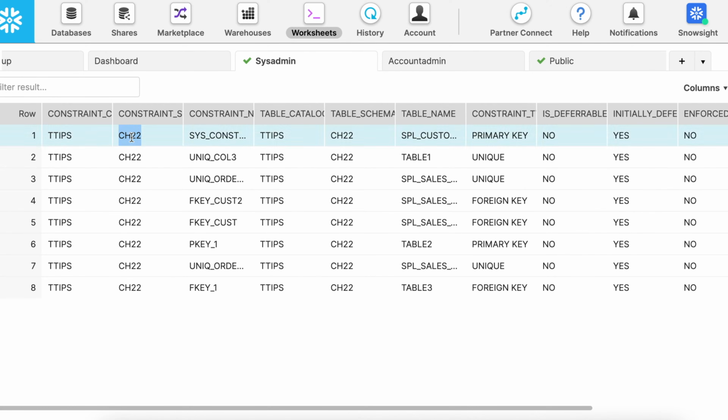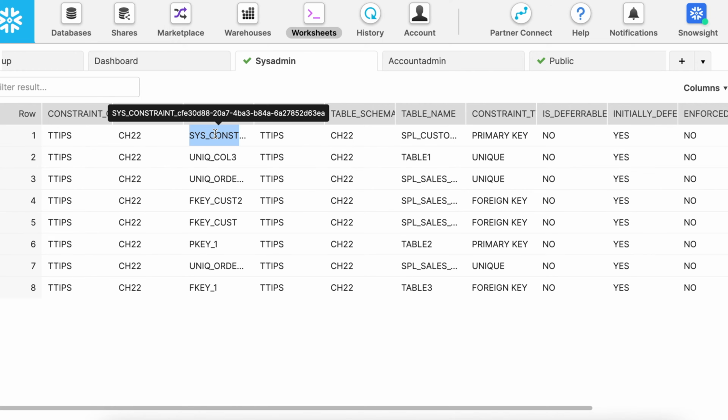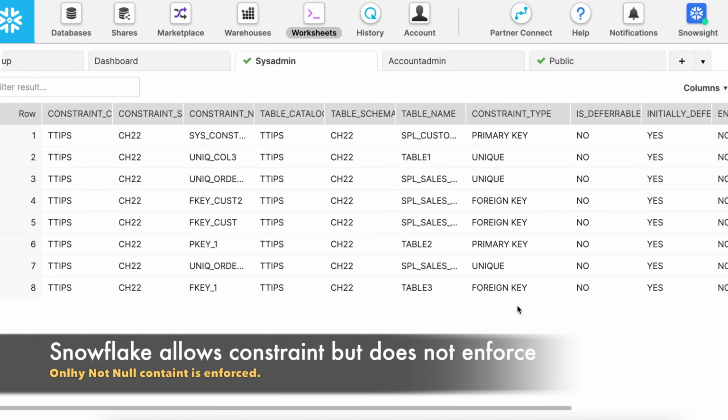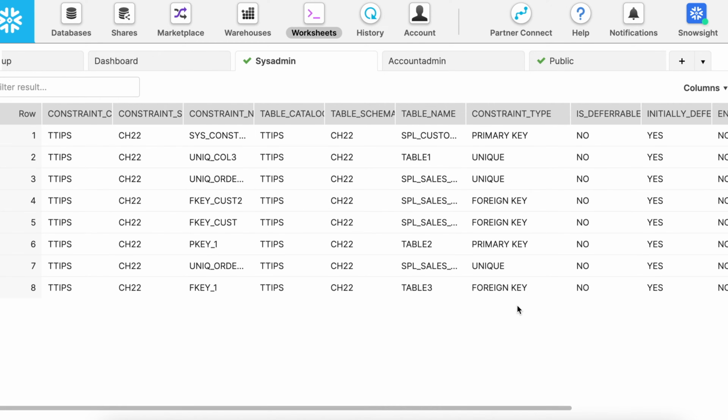You start with the database, followed by schema, and followed by the name of the constraint, and this constraint is applicable on this particular table, and the table name is there, and what kind of constraints are being applied. Now one important thing is Snowflake does not enforce any kind of constraint except not null. They are only placeholders